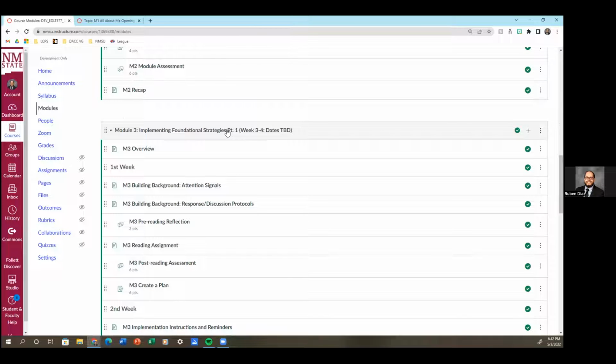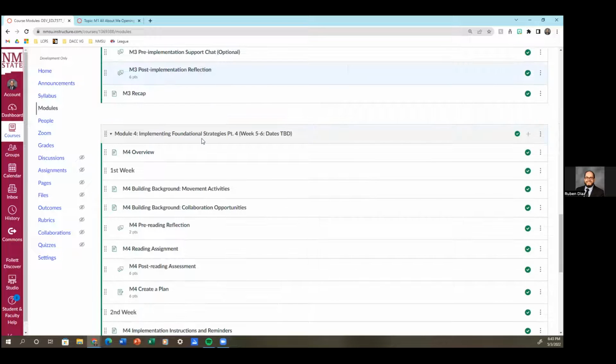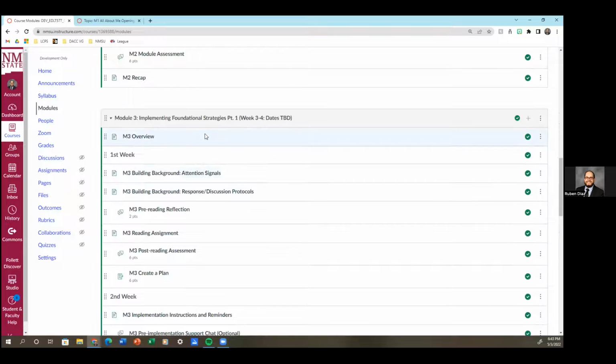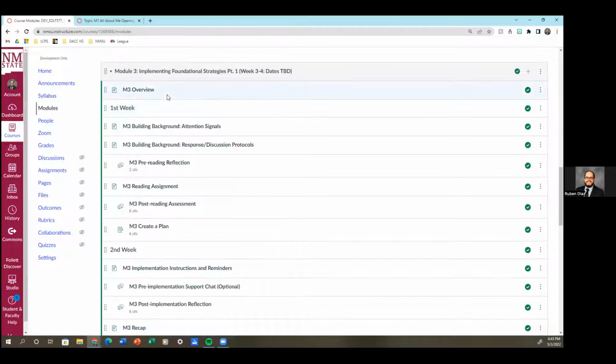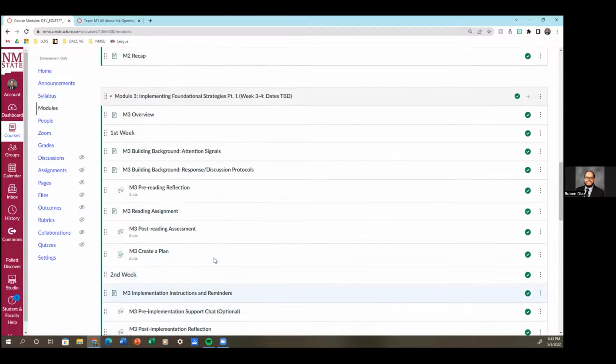Once you get into modules 3 and 4, though, this is where I had to make a choice. The focus of this module is where students get into the implementation of the new strategies that they're learning. So I made it so that they can see this is 2 different weeks, and I added an additional little reminder within the module, just so students have that visual reminder. All of this content is for week 1, and then this is the 2nd week. So it's kind of a nice little extra visual focus.